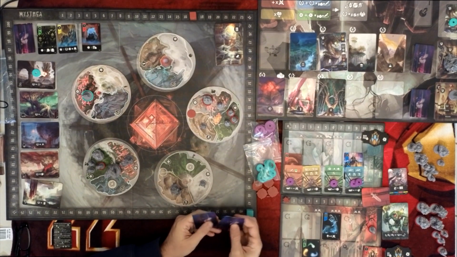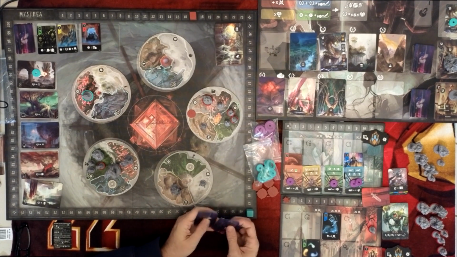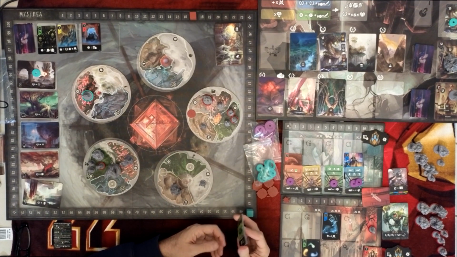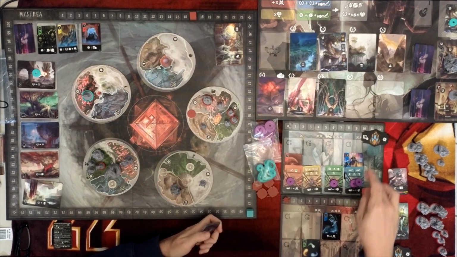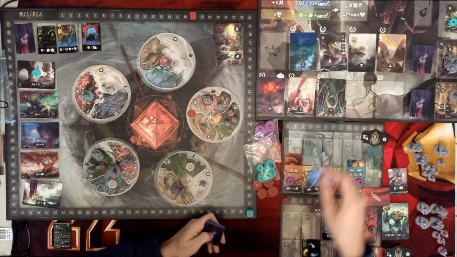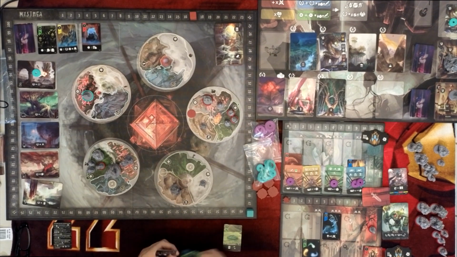2, 3, 4, 5, 6, 7, 8, 9. Oh, 9. No, it should be 10. 2, 3, 4, 6, 7, 8, 9. He started with 9. So therefore, let's see this blue one. All right, so he has